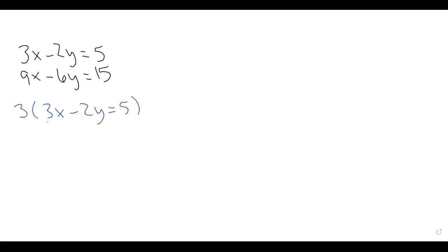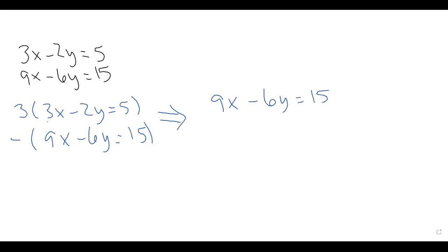And I am going to subtract the second one. So minus 9x minus 6y equals 15. So this is going to give me 9x minus 6y equals 15. And then the bottom will be negative 9x plus 6y